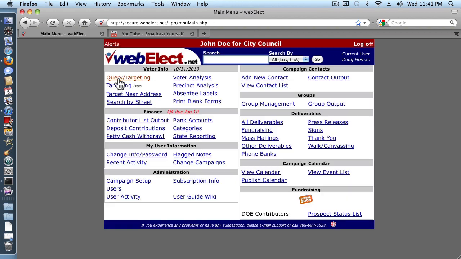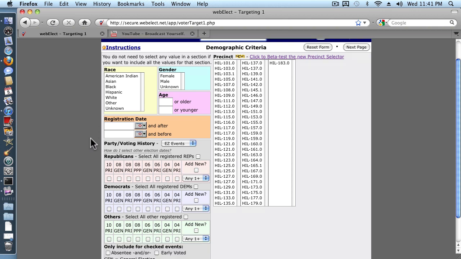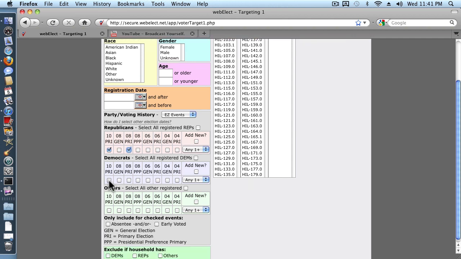We're going to go back to the beginning of query targeting. And let's say that in addition to voters that voted in any one of those last two municipal elections, we also want to go after voters if they voted in both of the last two primaries. So maybe these are people that weren't registered. In fact, we could add that as a parameter. So let's just set the registration date to people that were registered on, what was that election date? I believe it was 3/6/2007. So the cutoff date would have been about 4/10, or I'm sorry,